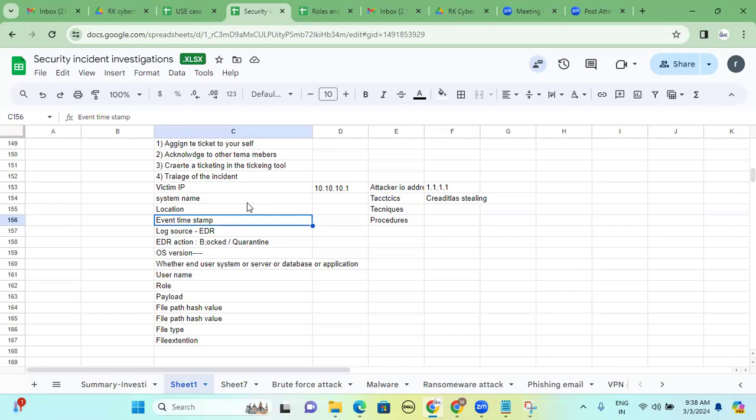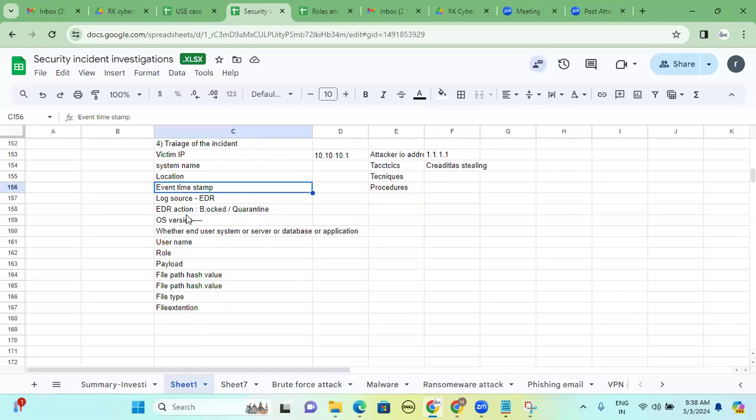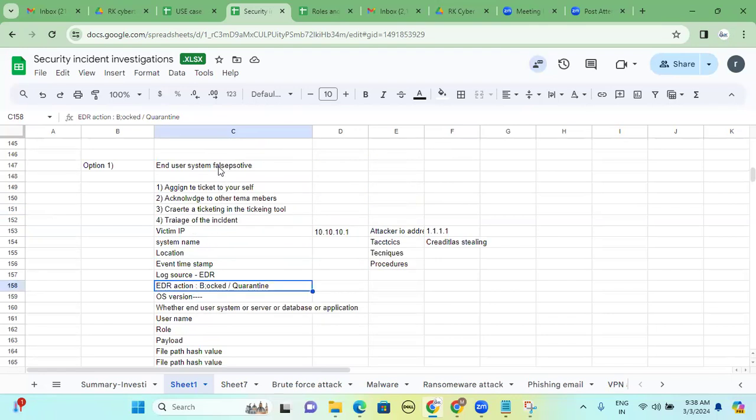Okay, sir. Yeah. So now, you have already seen the EDR action, and the hash value was already verified in virustotal.com. Just make a summary of the report and whatever evidence we gathered in virustotal.com, attach that evidence, and then you can close it. So that is option 1: the end user system is a false positive. Even for option 2,